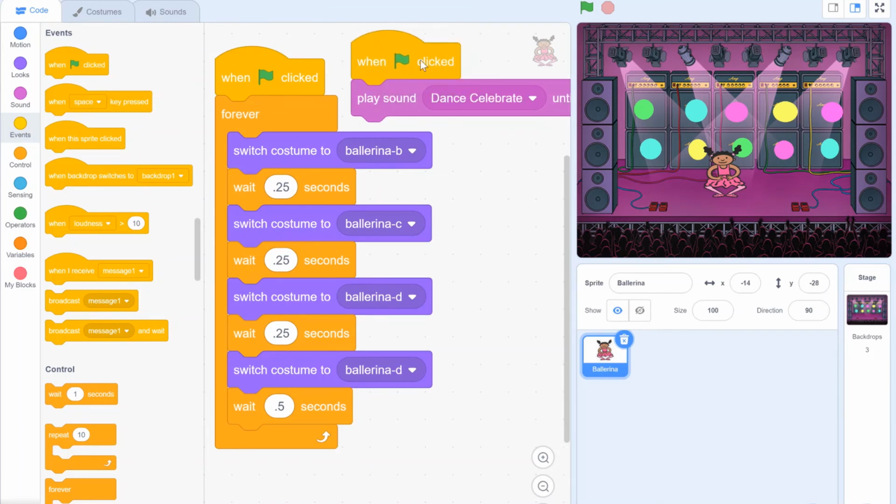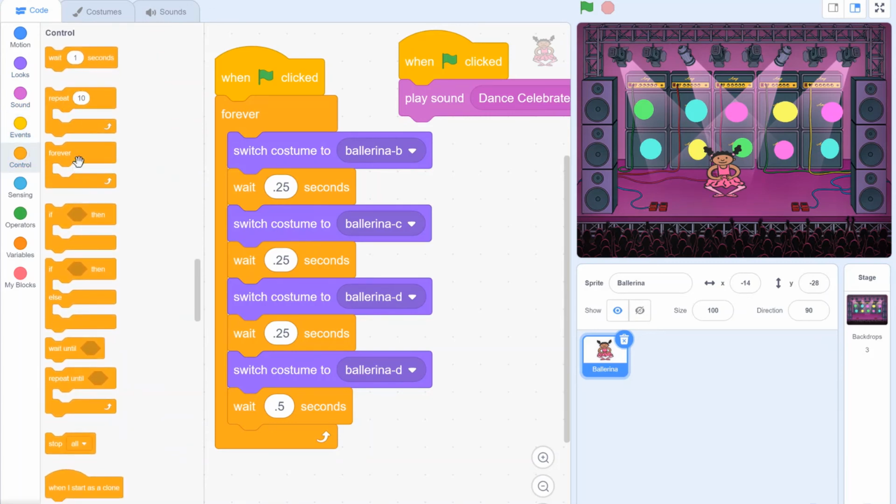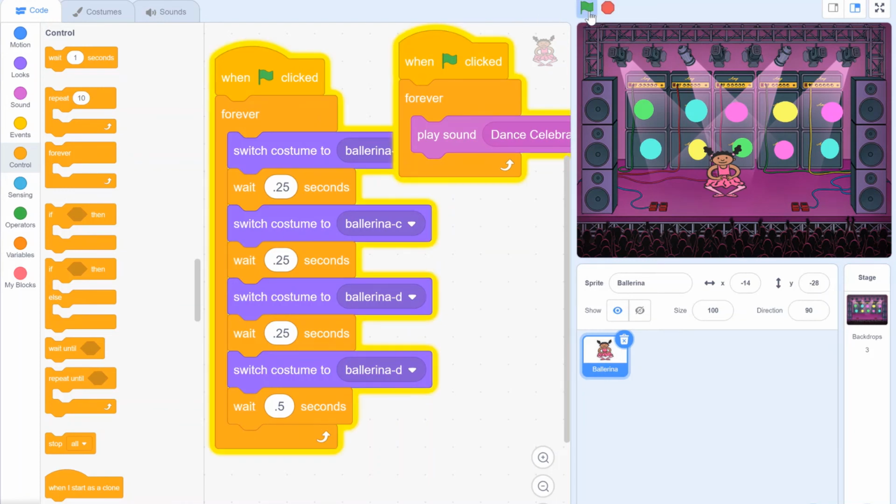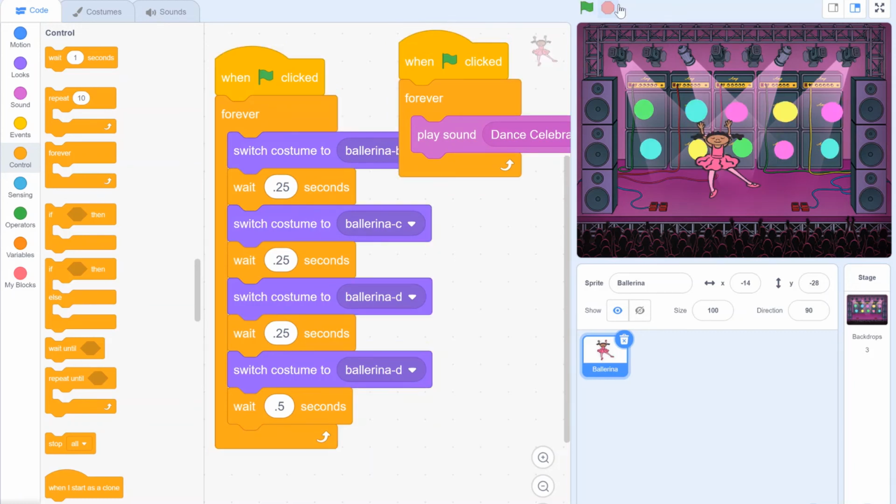This is the way you can start to make a dance party and then I want this again to be in a forever loop. So I can go to control and then this can play forever. So you can check using the green flag. The sound is there and ballerina is dancing.